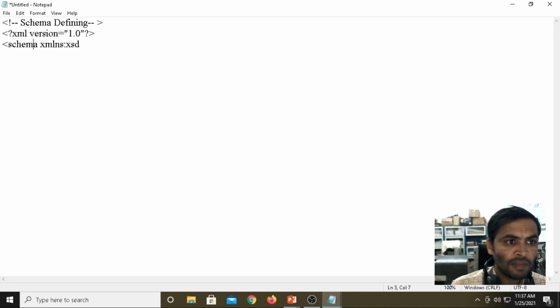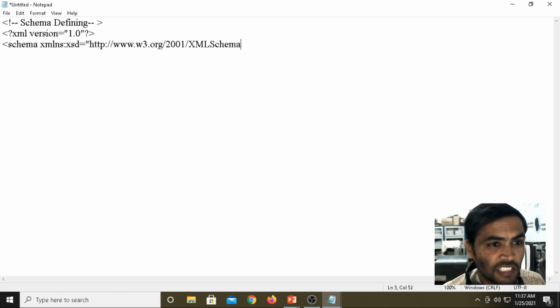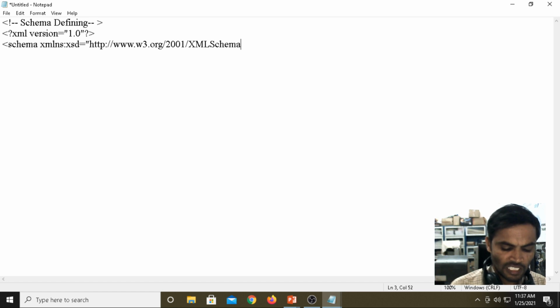Under this XML namespace, we have the predefined elements, attributes, and data types. The namespace is http://www.w3.org/2001/XMLSchema. It is a namespace.